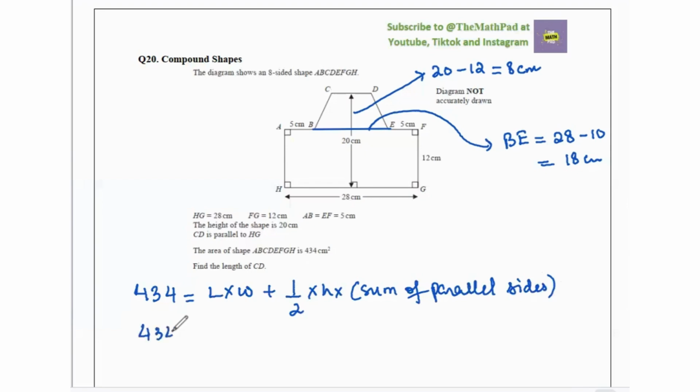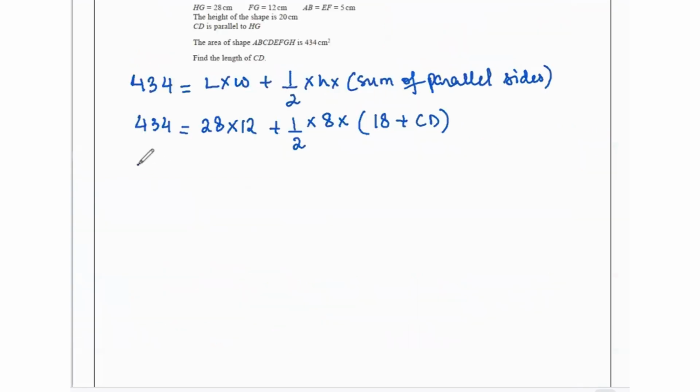So 434 equals 28 times 12 plus 1/2 times 8 times (18 plus CD). So 434 equals 28 times 12, which is 336,